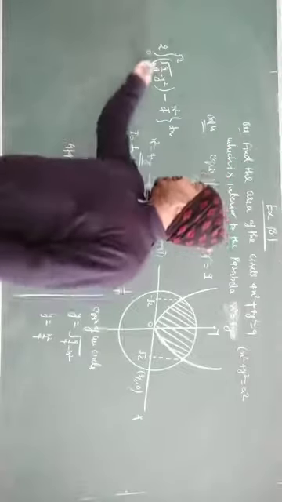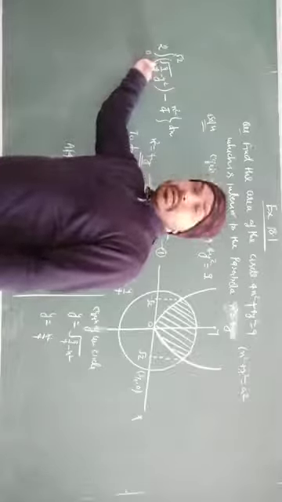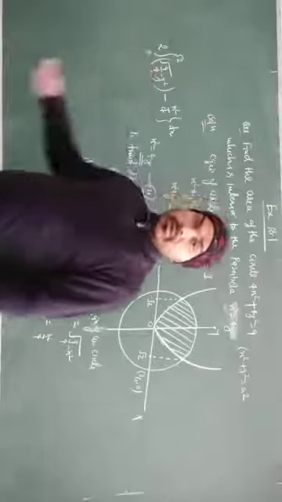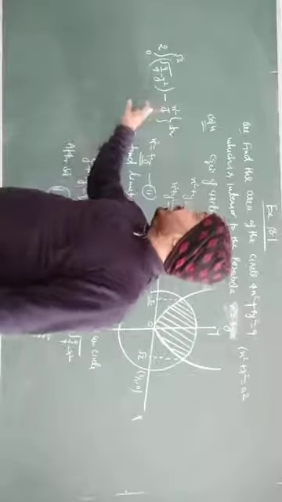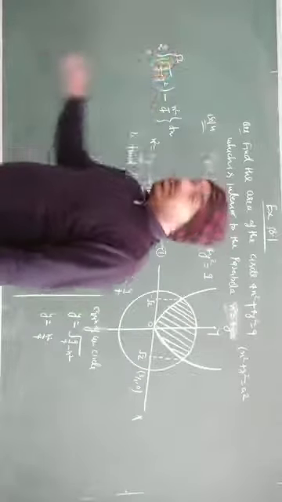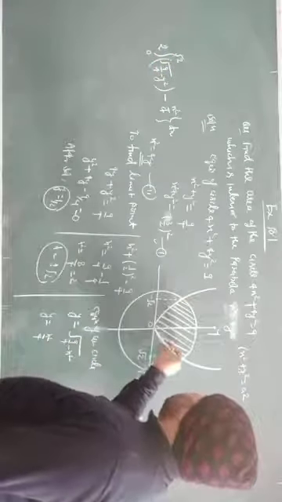By solving this, it is of the form a square minus x square, putting 3 by 2 square minus x square. So applying the formula for a square minus x square, this is a simple integration, and after putting in the limits, we get the numerical value of the required region.